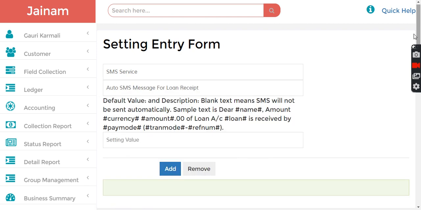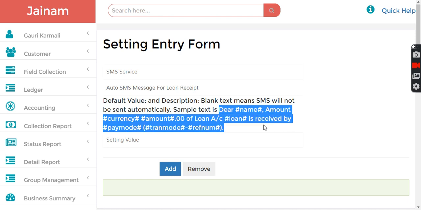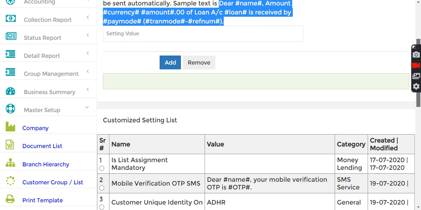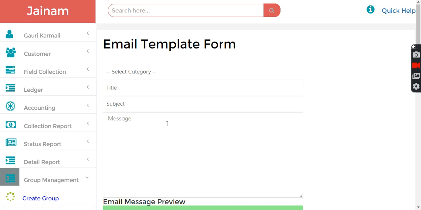If you see here, this is the text, so these are the variables. You can use the same variables from here in the email templates.